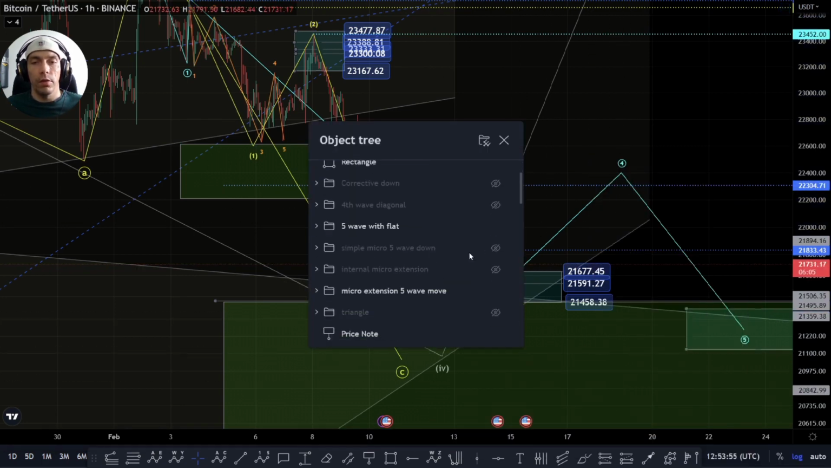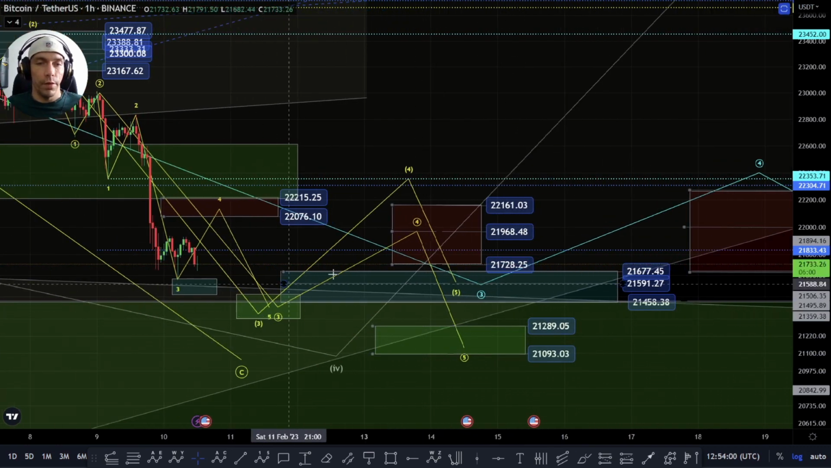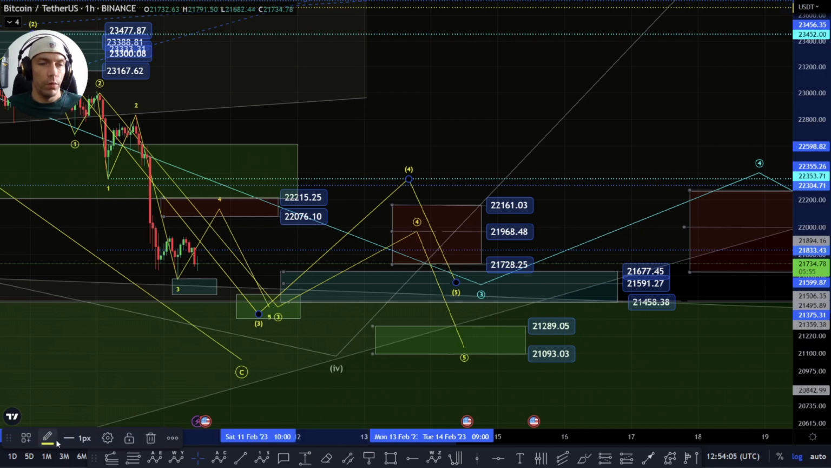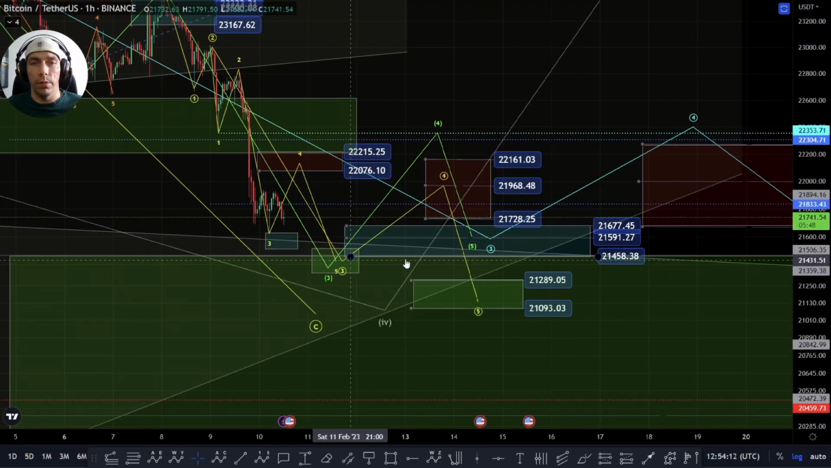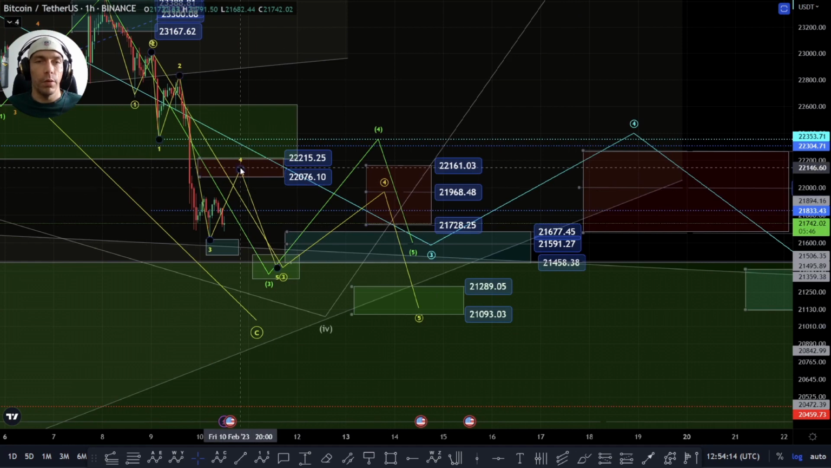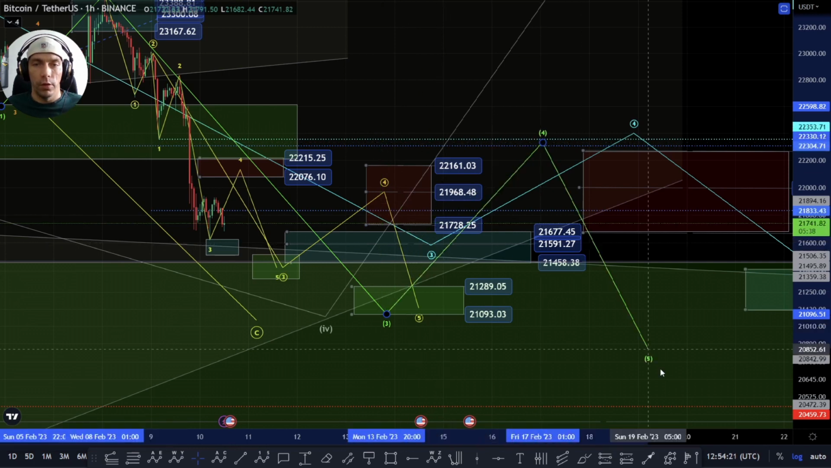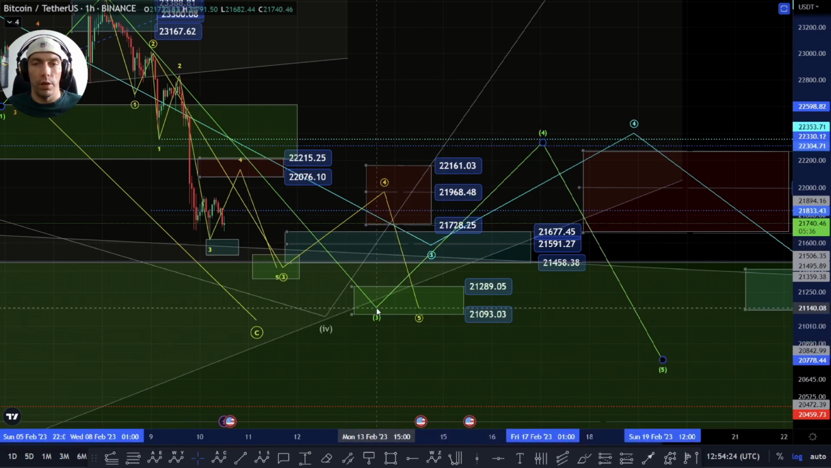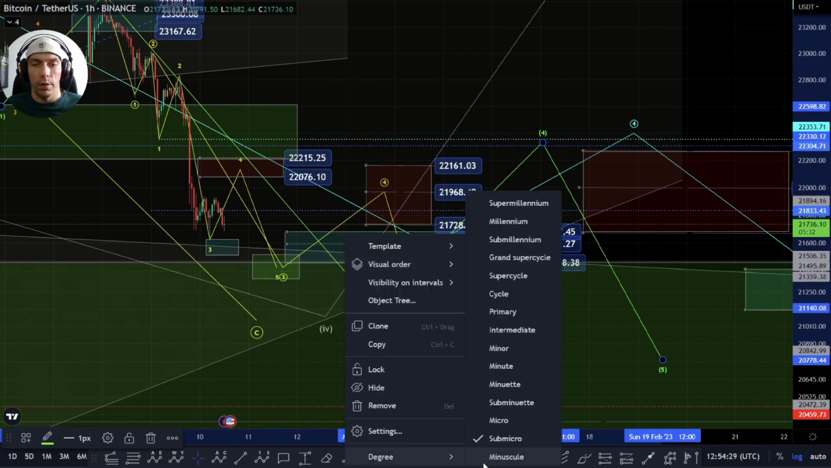So you can see how these things can start to get a bit complicated, but effectively what would happen, I'm going to change the color of this one to green. So this green wave five move, effectively what would happen if we do get these extensions that we showed in the smaller count, this green wave three would actually shift over here. I need to adjust these degrees, but basically this would then shift into here,